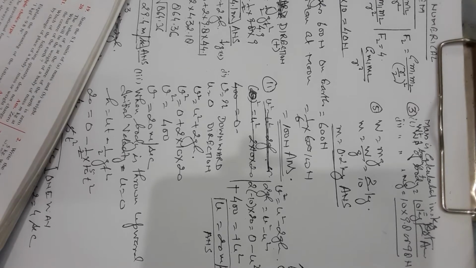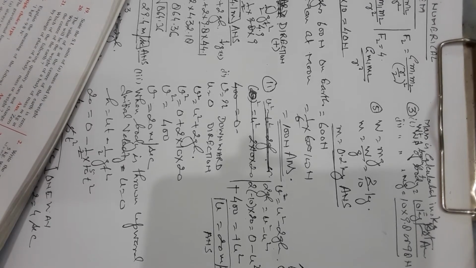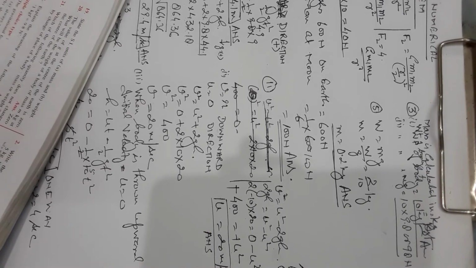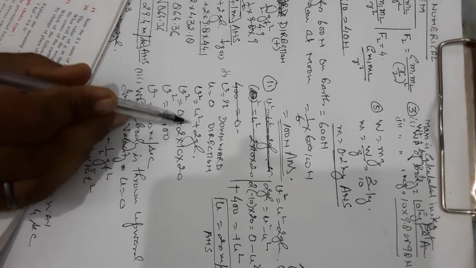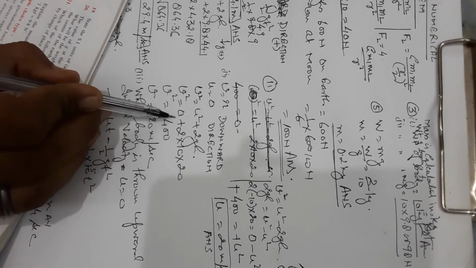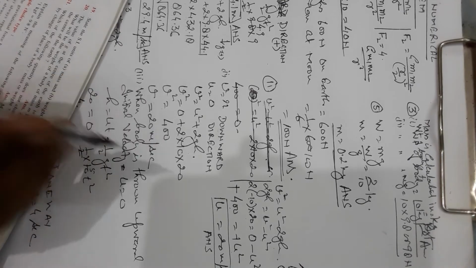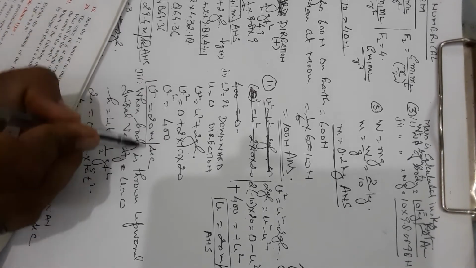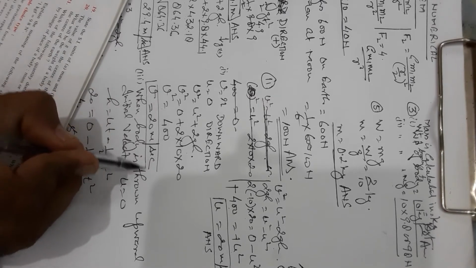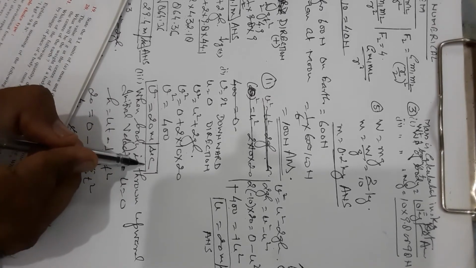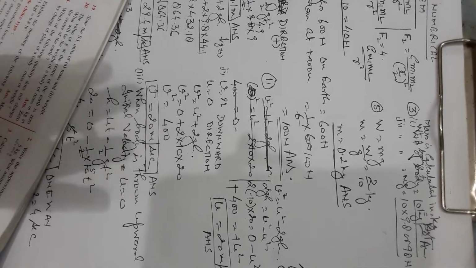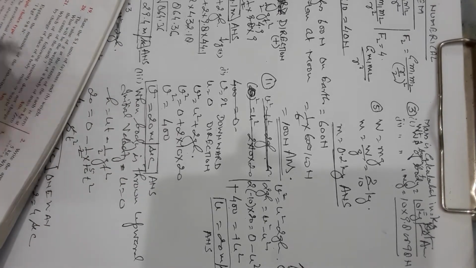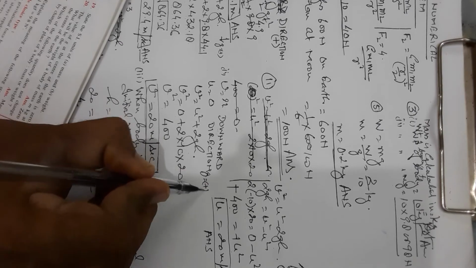Now the second part of this 11th question: the final velocity of the ball on reaching the ground. The initial and final velocity should be the same. If the value of g is the same and the body is the same, v square is equal to u square plus 2gh. We calculate u square as 0, plus 2 into 10 into 20, which is 400. Same, it is 20 meter per second. So I can write in words also that the velocity at the maximum height and the lowest height will be the same. Second answer, and this is the numerical verification. In the downward direction, g will be positive.